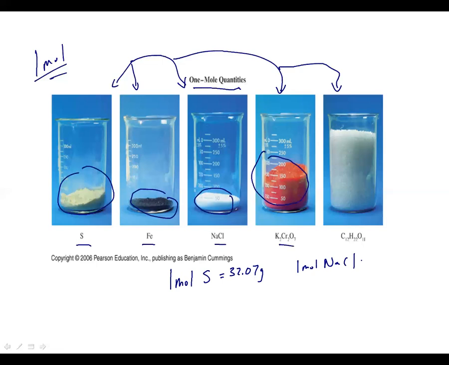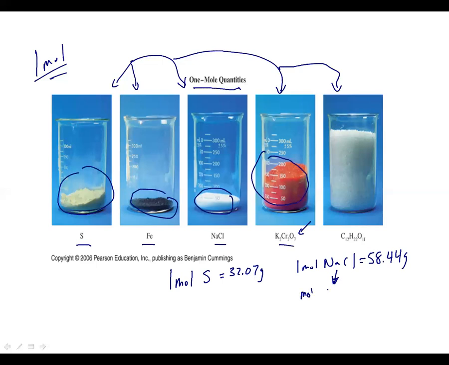That represents 58.44 grams. So although they all represent the same mole quantity, 1 mole of sulfur is different than 1 mole of sodium chloride, which is different than 1 mole of potassium dichromate in terms of how much